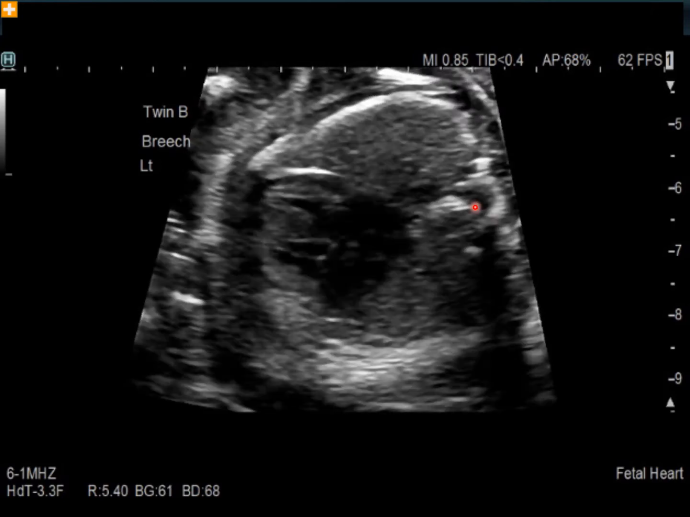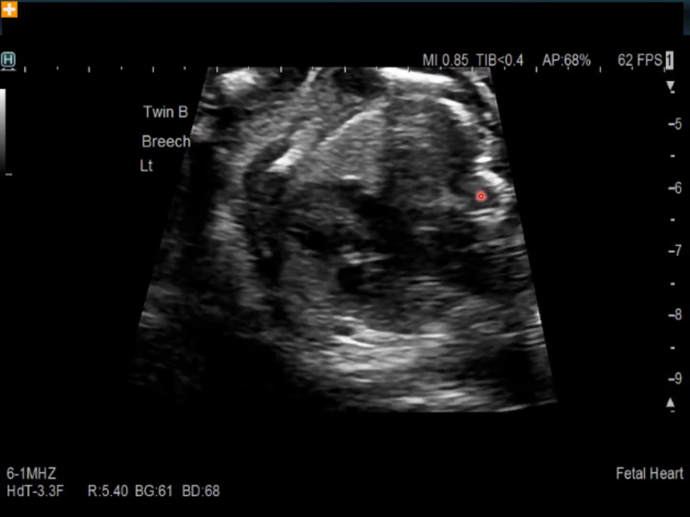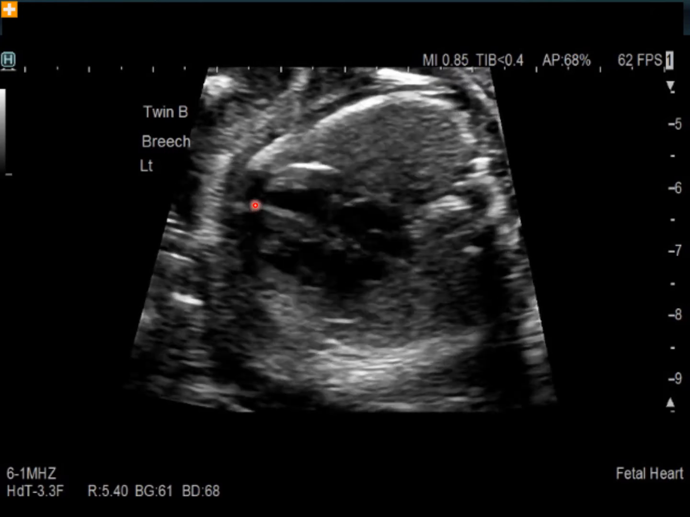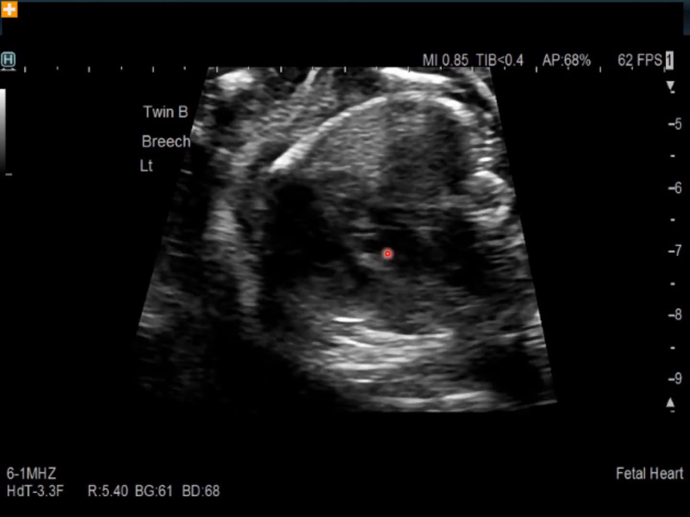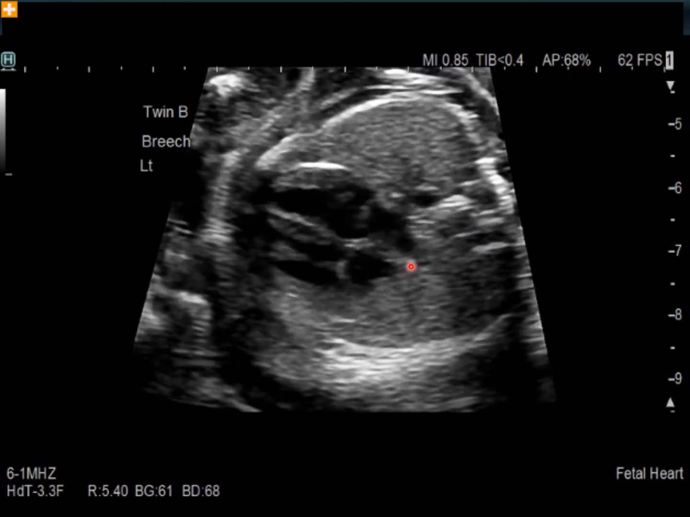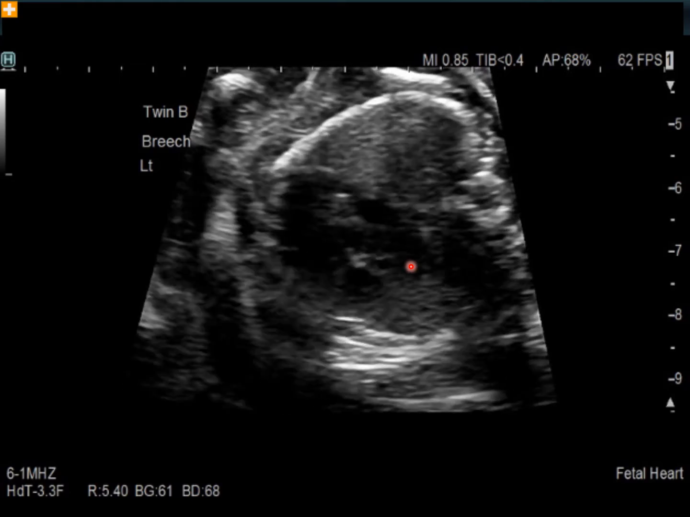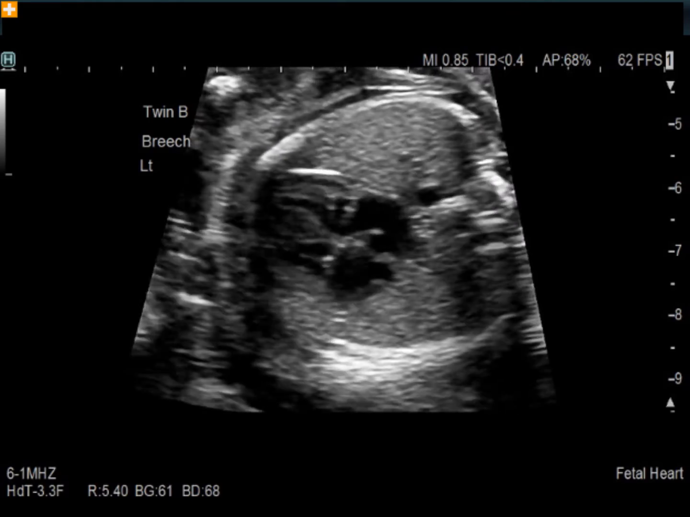You see the spine here, that's the 12 o'clock mark. Again, this fetus is breech, and so we should see that apex at around 7 o'clock, and we do, so this is levocardia. And we would continue the scan with fetus B until we were finished with all of the assessment, and we would move to